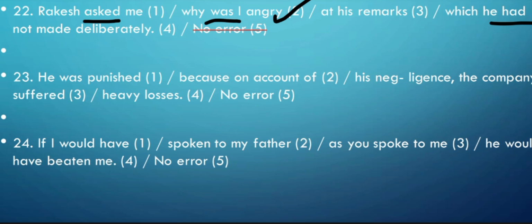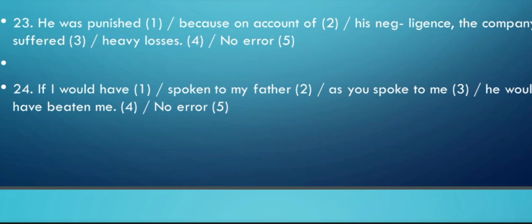बिकॉज अगर वाई वॉज आई एंग्री करेंगे तो हमें क्वेश्चन मार्क लगाना पड़ेगा और जब क्वेश्चन मार्क लगाएंगे तो उस वक्त हमें जवाब भी देना पड़ेगा. बट यहाँ पर क्वेश्चन को क्वेश्चन की तरह नहीं पूछा जा रहा है, बताया जा रहा है कि उसने ऐसा क्यों किया. इज दिस क्लियर टू ऑल? ओके, कम टू क्वेश्चन नंबर 23.